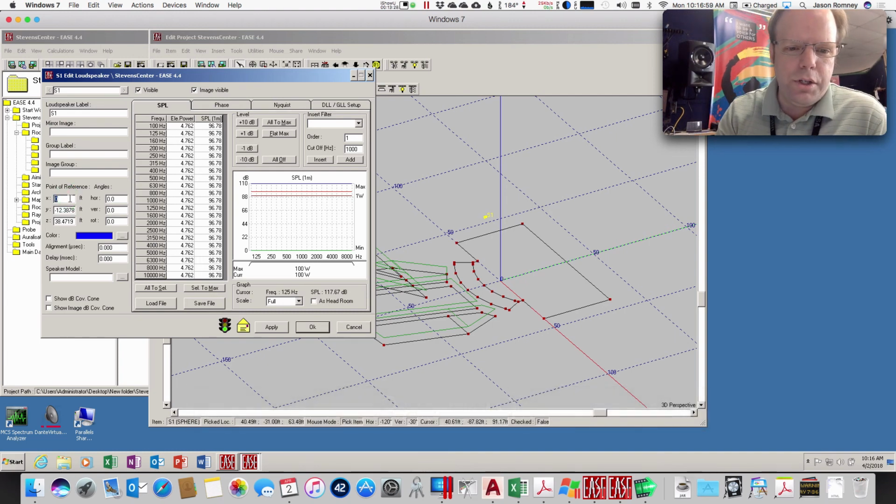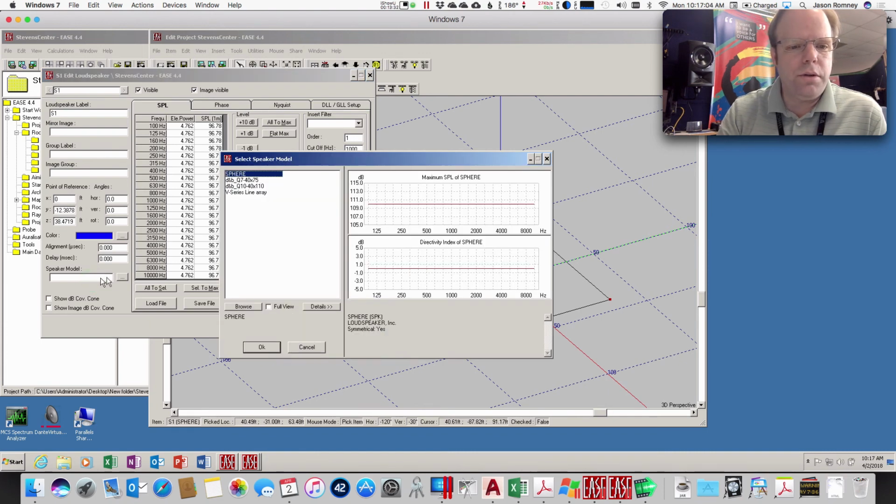And now what I need to know is what loudspeaker am I going to use? So here, if I click on speaker model, it brings up this thing. And these are loudspeakers I've already imported into the project. These are the ones that are currently in the space. So we can model those if we want. But we can try something else as well. So if we go to this Browse button,